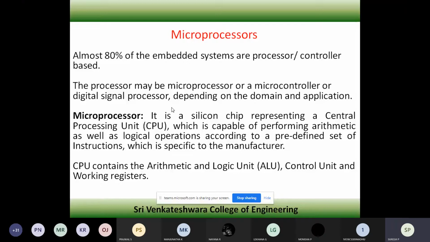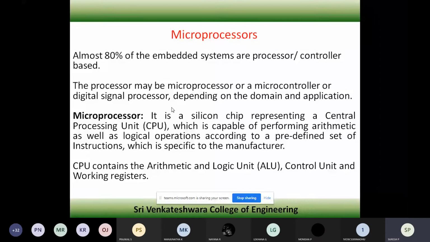Now, if we talk about the microprocessor, almost 80% of embedded systems are processor control based. If you take the market, most of the microprocessors or microcontrollers that you get in the market are used in almost 80% of embedded systems. Now the processor may be either a microprocessor, or the microcontroller, or digital signal processor. Okay. So how are we going to decide when I have to use the microprocessor, when I require the microcontroller, or when I have to use the digital signal processor? It depends upon the type of the domain and application which you need to